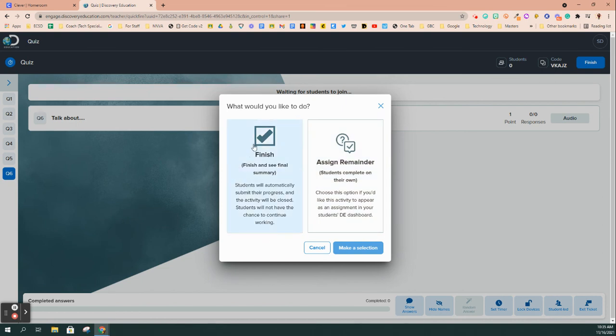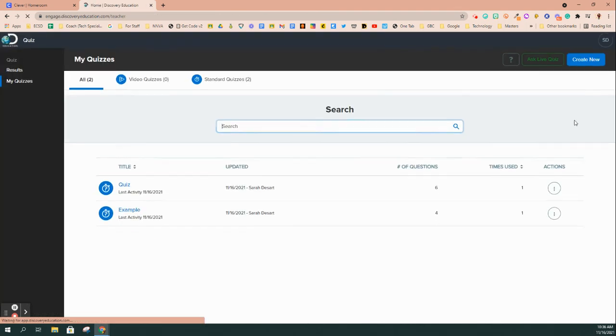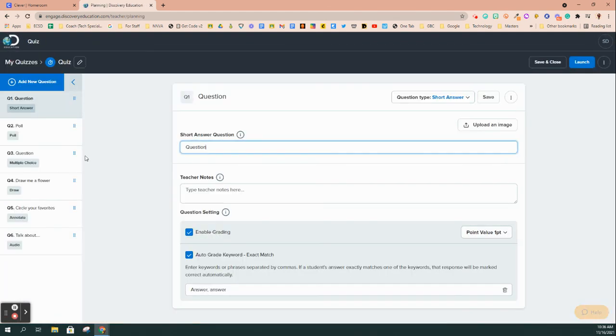When you are finished, you can finish and see your final summary, or you can say in class you only get through 4 of the questions and you go, okay, the last 2 you need to do on your own. You can assign a reminder for students to complete on their own, and that's going to show up in their DE dashboard. So once you do that, it will assign it on their DE dashboard. And I do not have classrooms, so I can't do that. But I can look back at my quiz results here and see how the students did on each of their questions. So that is DE